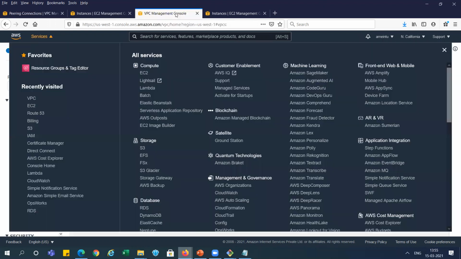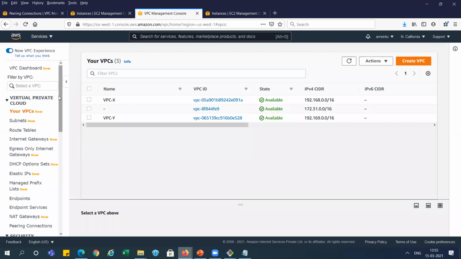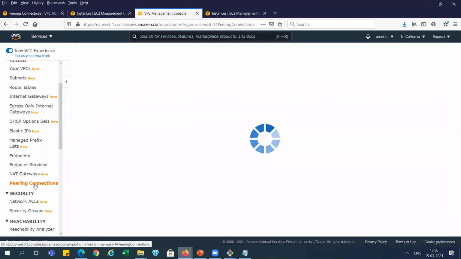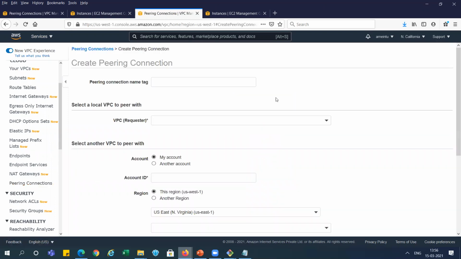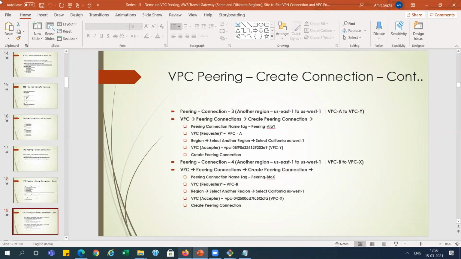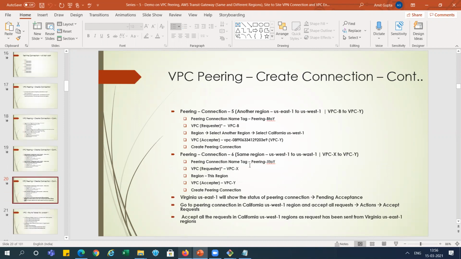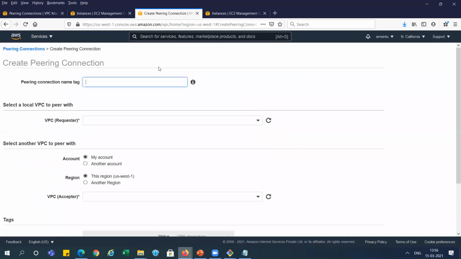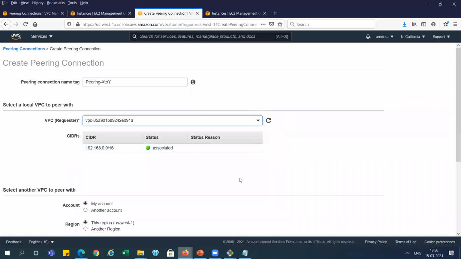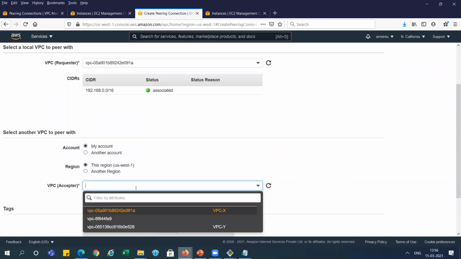The same thing we can do in this other region with VPC X and Y. So we go to the VPC peering connection, create the peering connection and give the name. Let me see which region we've created. I think I've taken not this one. I think it may be 6.4.6.1, same region, right? So I'm naming it X to Y. The requester will be VPC X in this same region, right? VPC Y will be the acceptor, right?